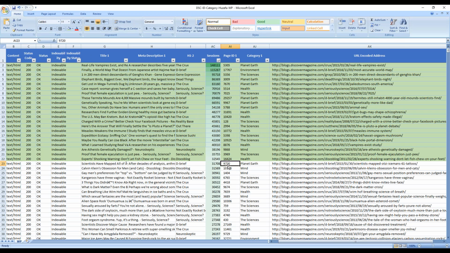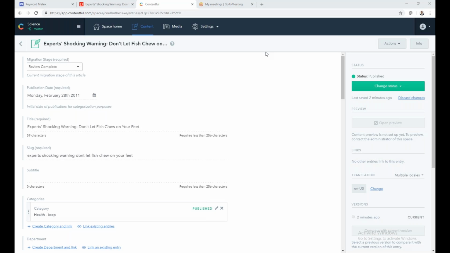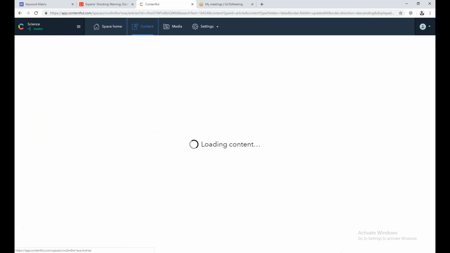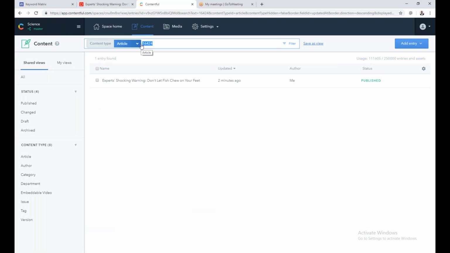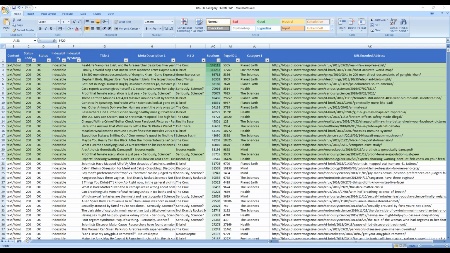So the next one, the page ID is 9720. 9720. So let's do this one. Go back to content and search for 9720. Hopefully multiples, and that's what I hope happened. So we went through this once, but I decided it's probably good to do it again. The name of the actual article that's in the description, if you look over on your priority list, is scientists have mapped all of